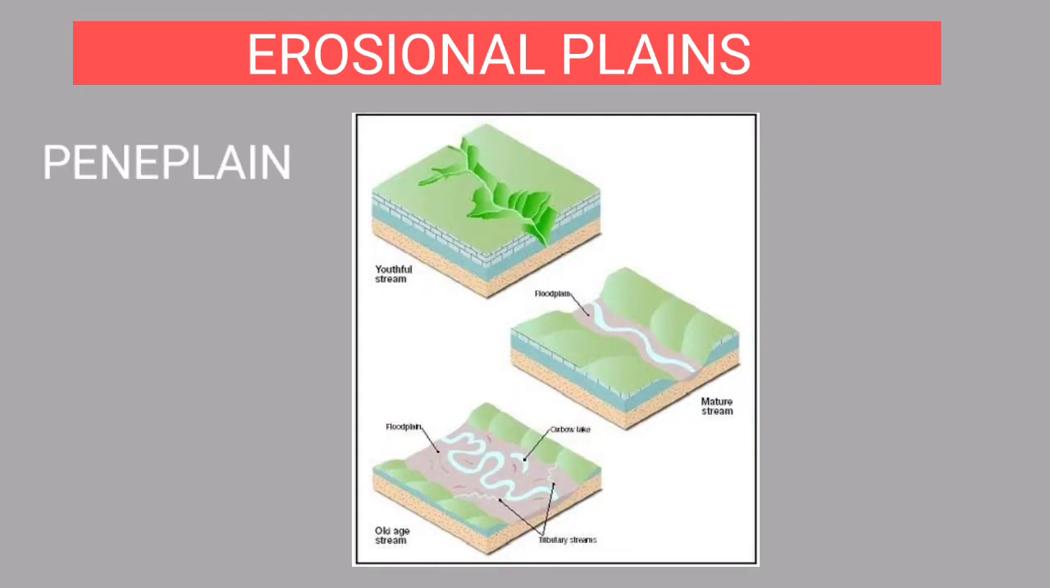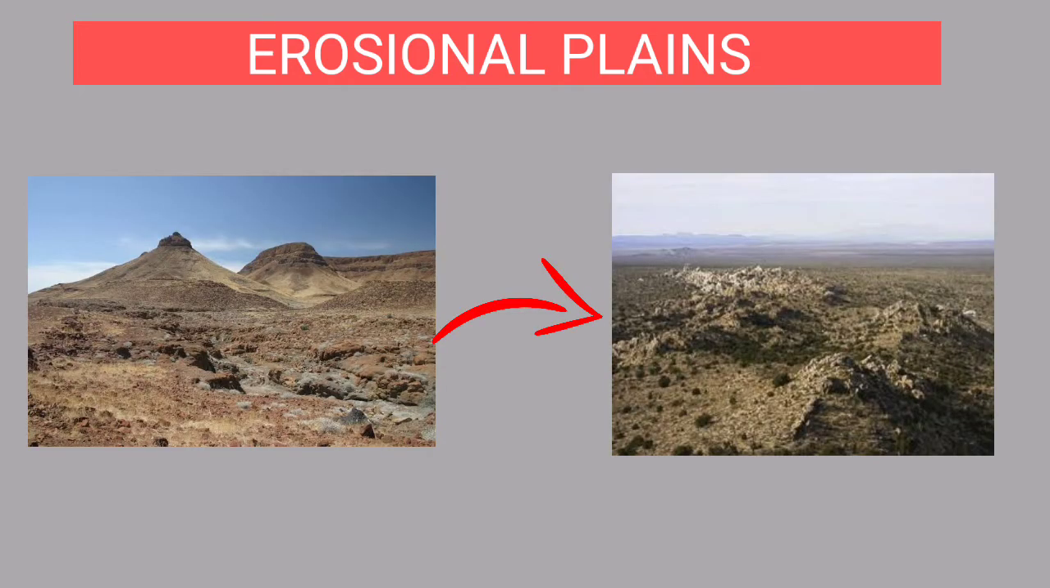Peneplain is formed due to the erosional work of rivers. Over the long ages, when the high land area is leveled down into a sort of plain, the surface is heavily smooth and forms almost a plain terrain, which is known as the peneplain. Now the residue of the hard rocks which stand above the level of the land are known